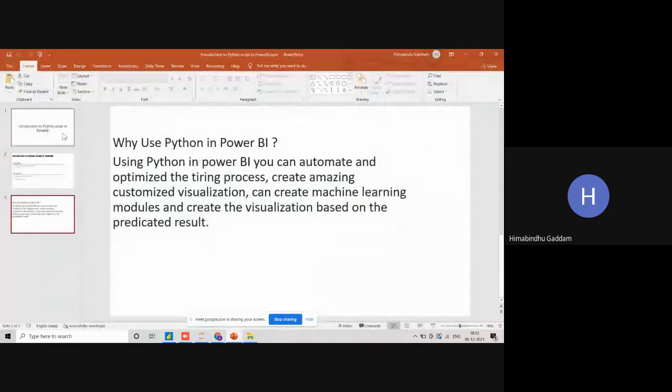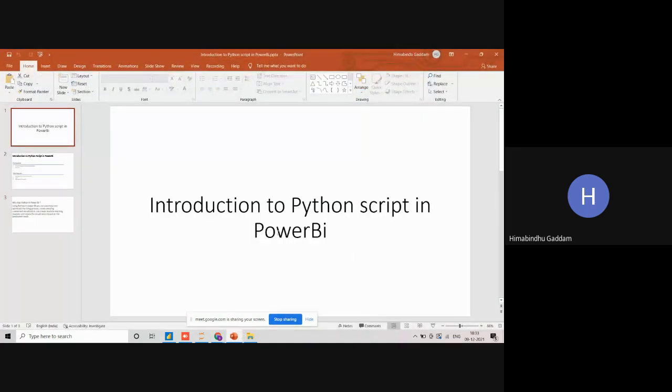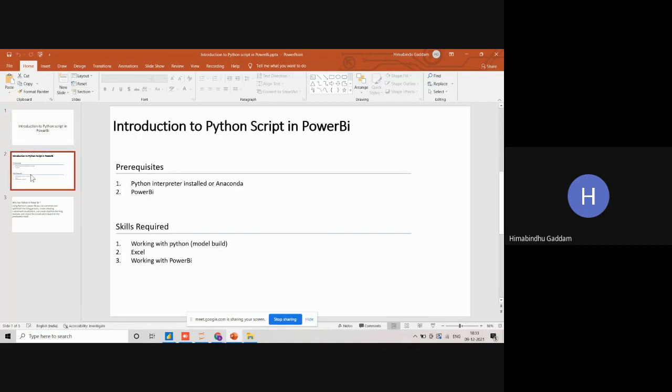Today's topic is Introduction to Python script in Power BI. Okay, so we're going to discuss Power BI and the Python script in Power BI. The prerequisites are we need to have Python interpreter installed or Anaconda installed, which all of us, I think, have done